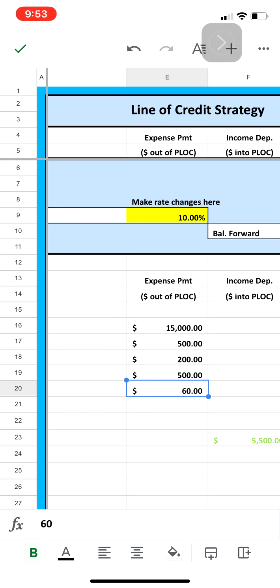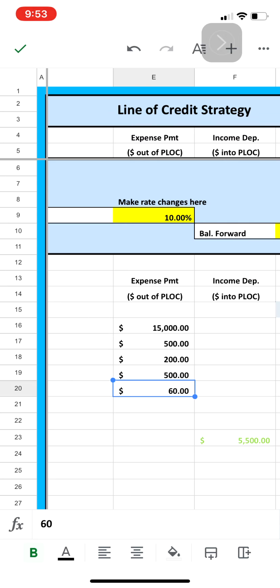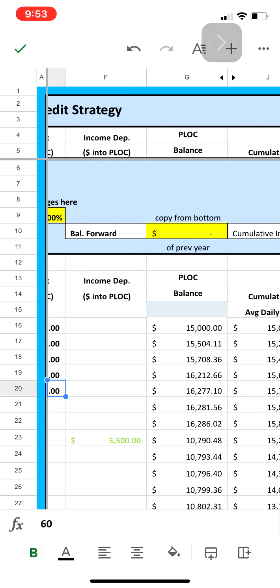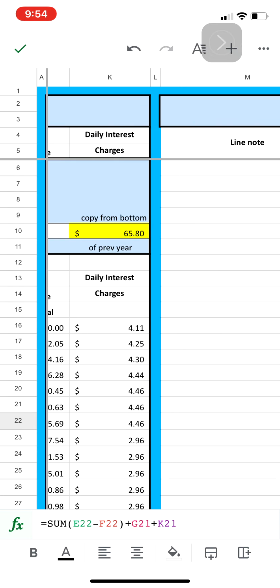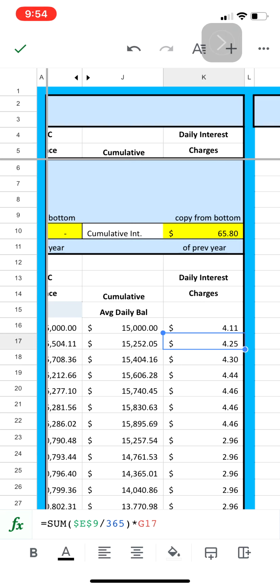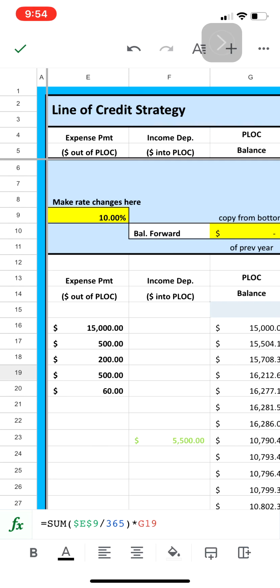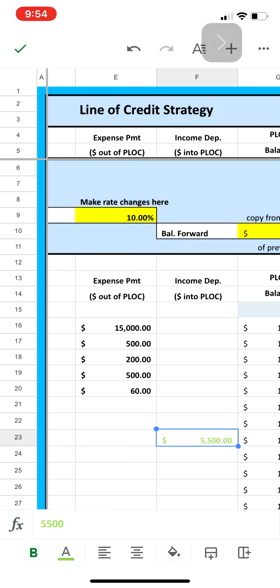For 20,000, and you chunked 15 out of it. So you have $5,000 left on the personal line of credit, but you have expenses. So there's 500 and the 200, 500 and the 600 represents your expenses. So here's what's happening. See, the balance is going up every time you put an expense on, and so is the daily interest rate. But look, you're gonna get paid 5,500, so you're gonna put 5,500 right back on